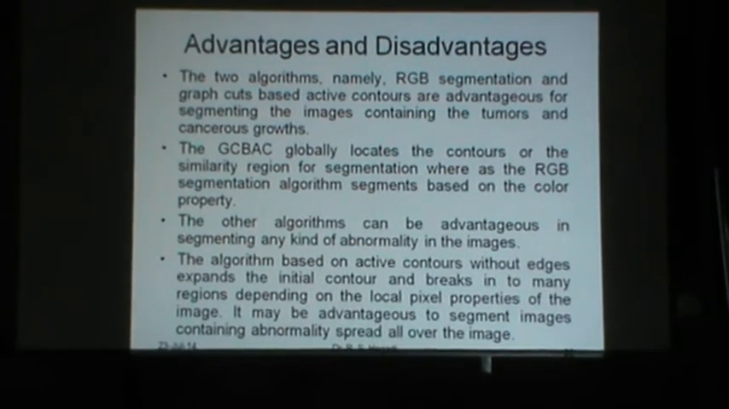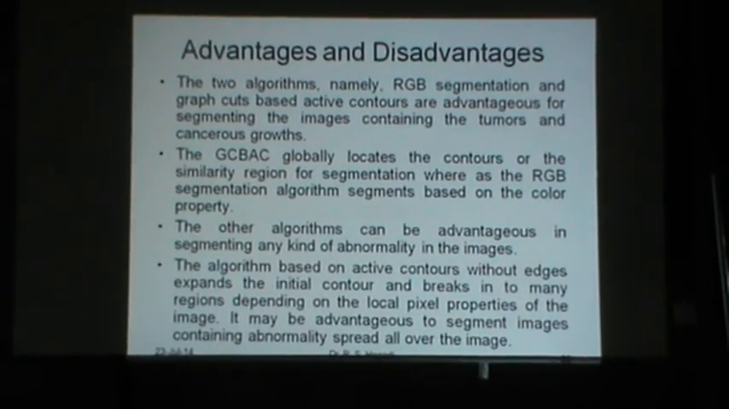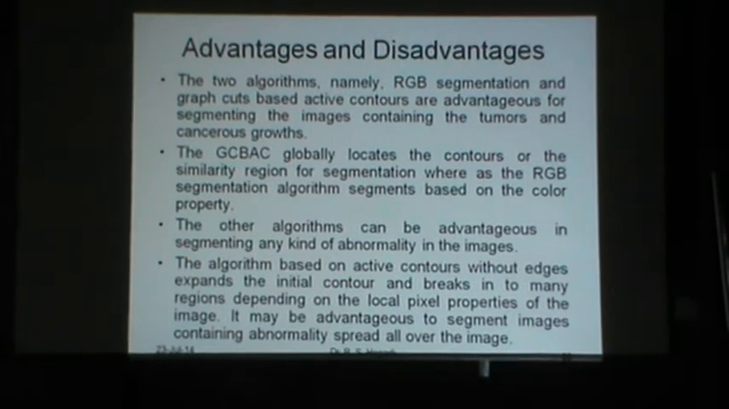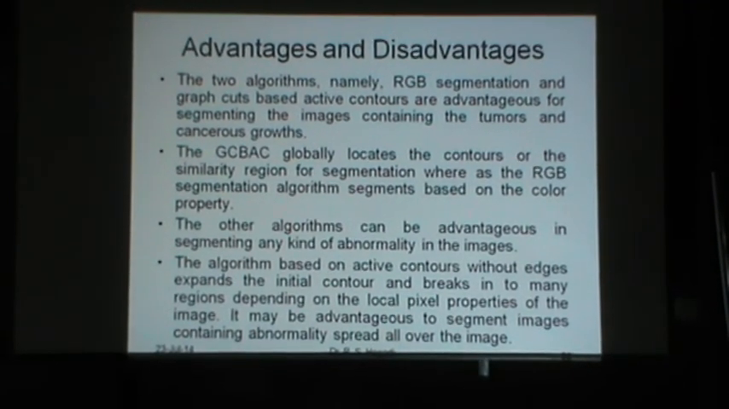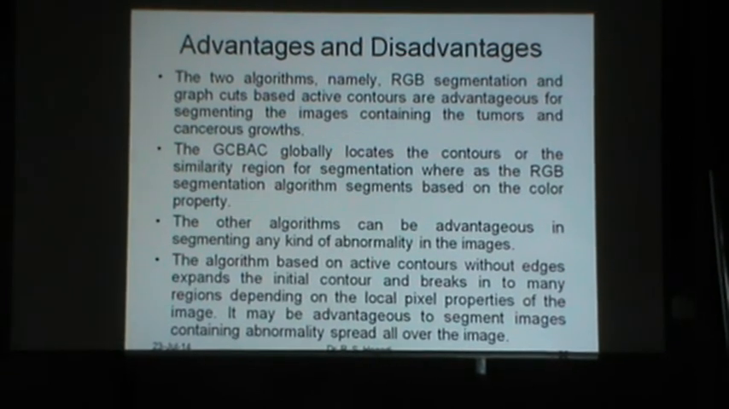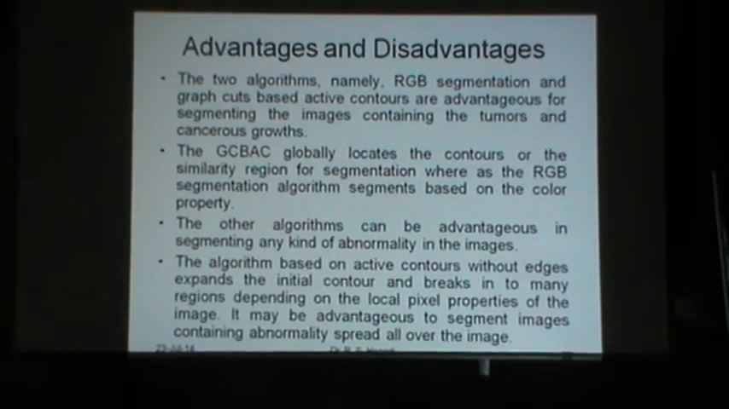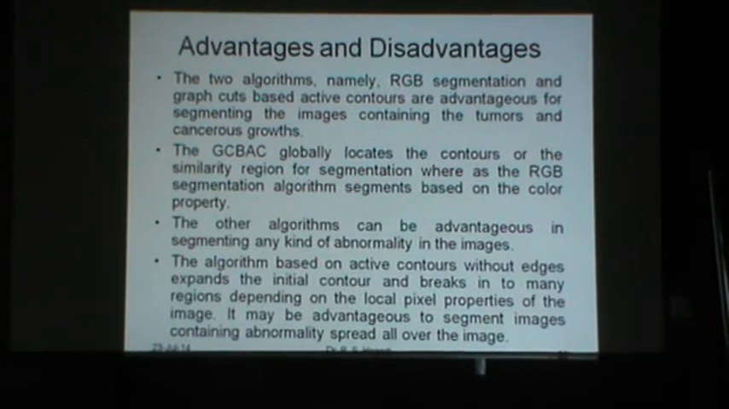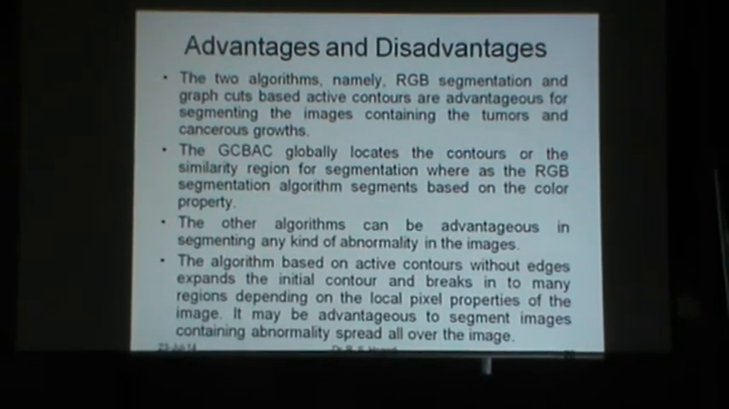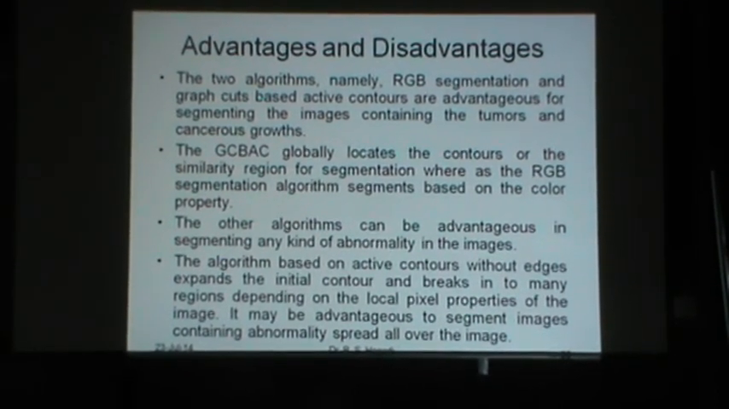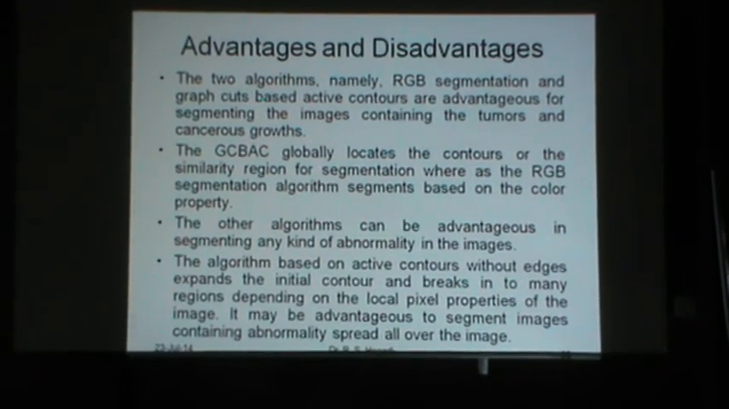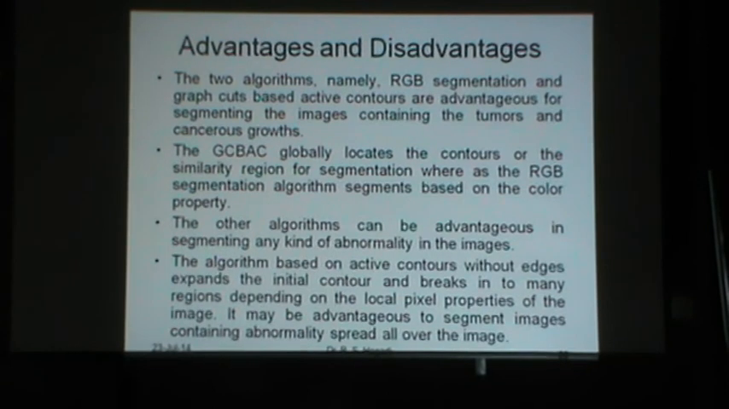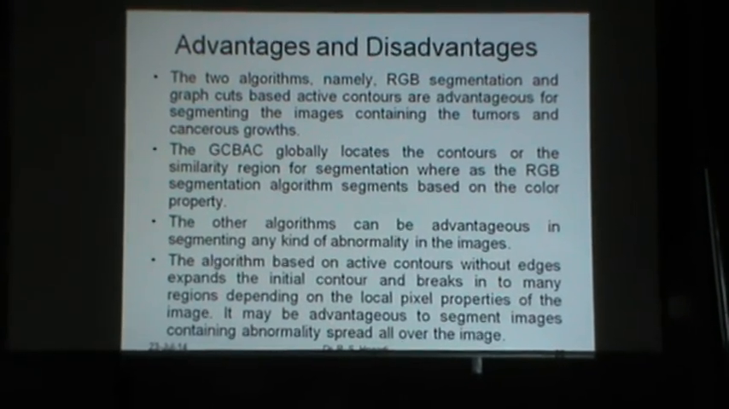The algorithm based on active contours without edges expands the initial contour and breaks it into many regions depending on the local pixel properties of the image. It may be advantageous to segment images containing abnormalities spread all over the image. One important property of active contours without edges is that if we have multiple abnormalities in a single image, then this technique is very useful because it spreads itself